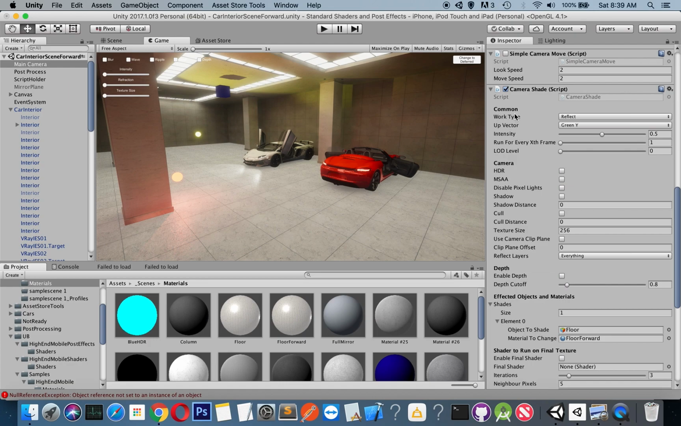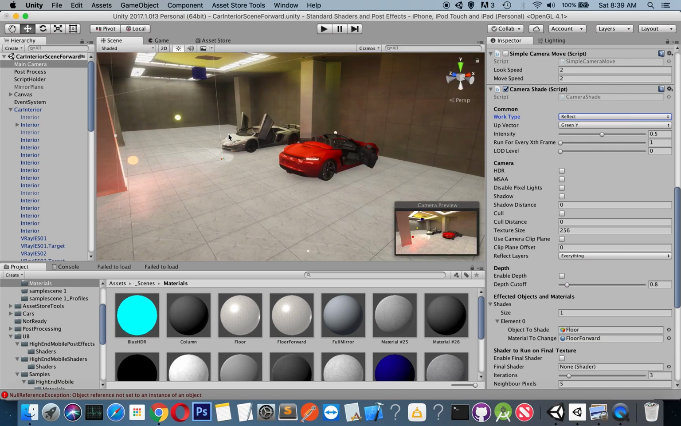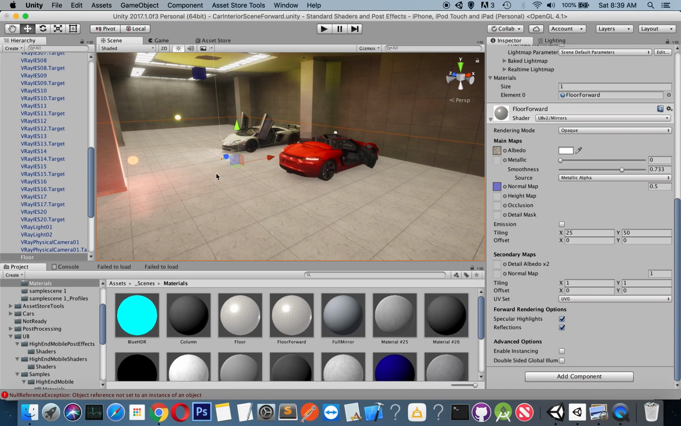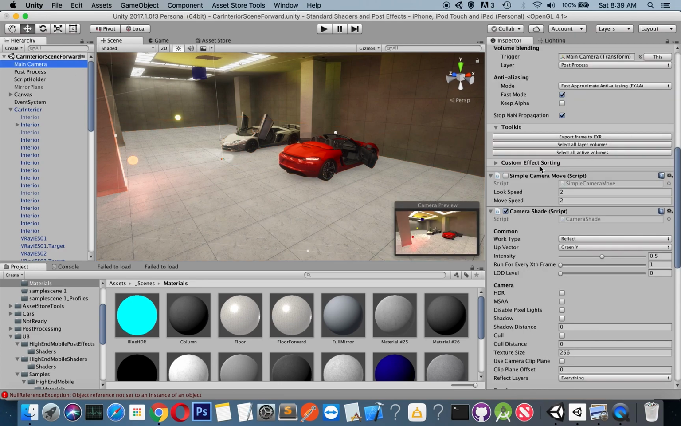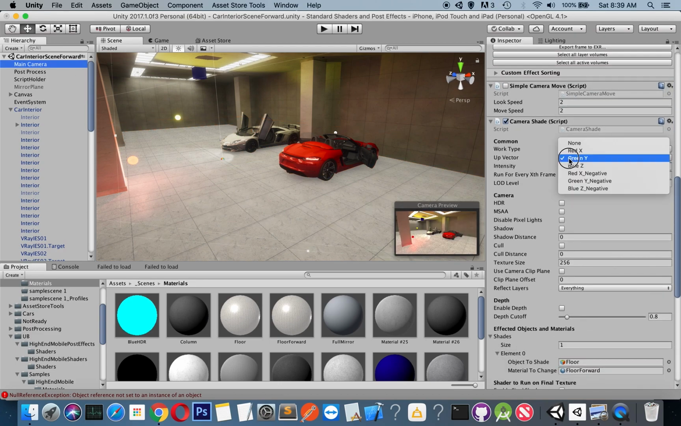are some properties in the common section. This work type is reflect. On this version we are just using the reflect function. I will implement the others later, I suppose. And this up vector is the vector of the floor which looks upward. So if you select the floor, you can see this green Y vector is showing our reflection direction. So if we come back to our main camera script, you can see this up vector is set